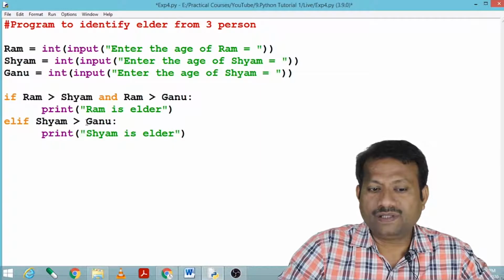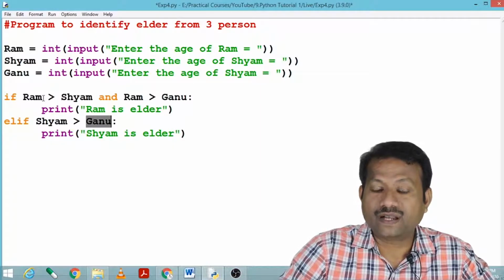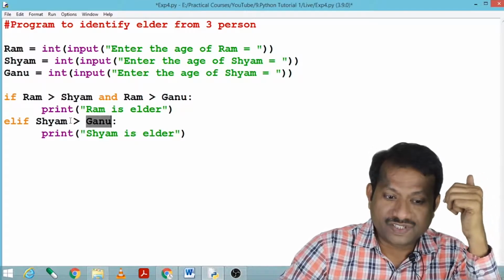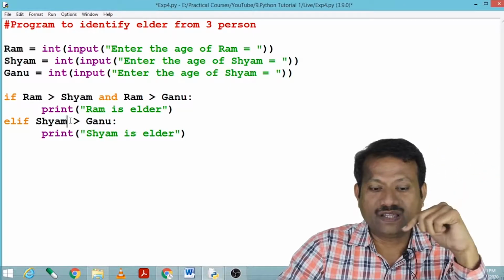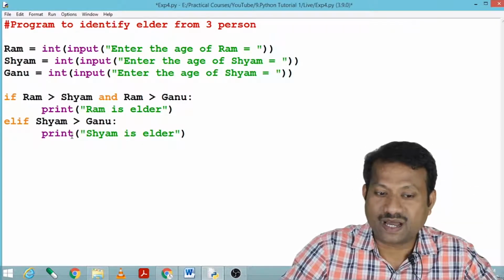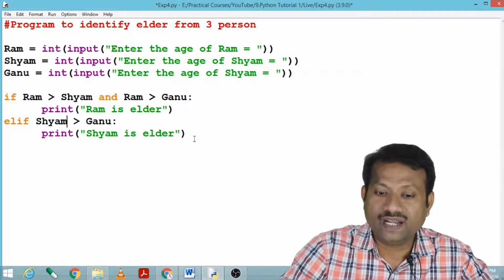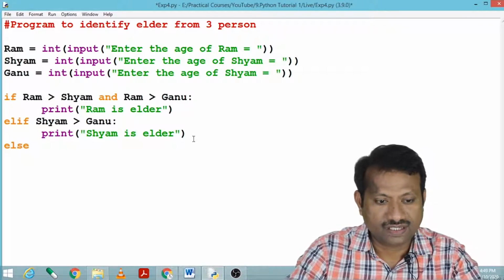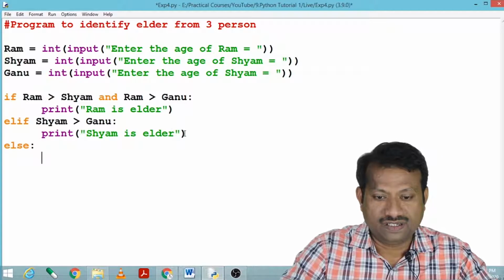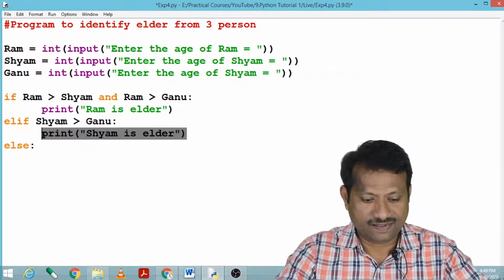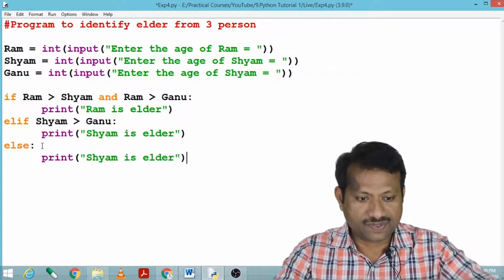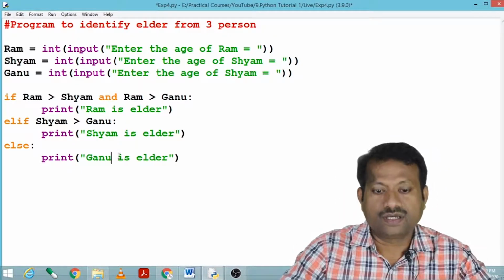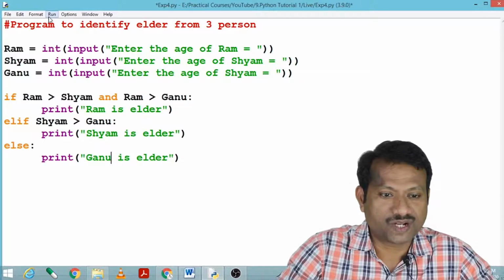It might be possible that Ganu is elder than Ram, but if this statement becomes true, Shyam is elder than Ganu as well as Ram. So we can say that Shyam is elder. And if both statements are false, it means Ganu is elder. Let me run this program.